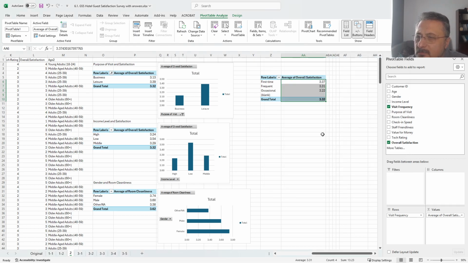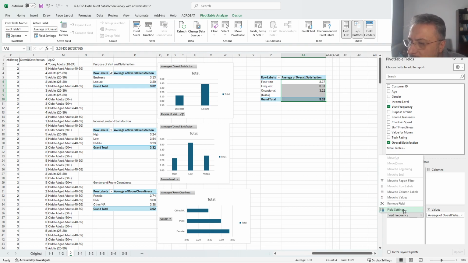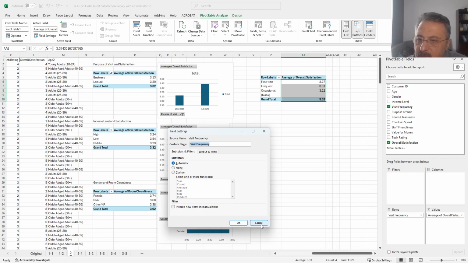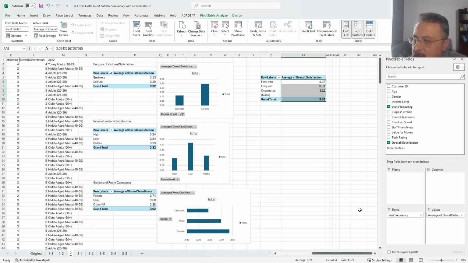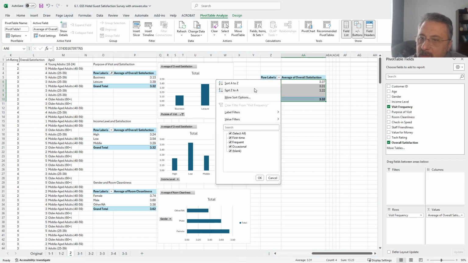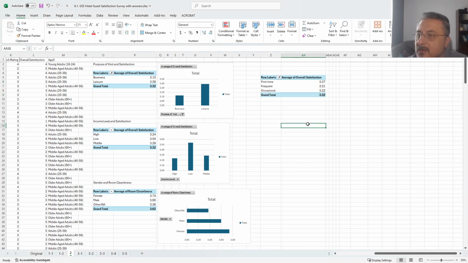Okay, now for some reason there is a blank here. I don't know why. I don't remember checking that, but it is possible some people did not answer that. But what we can do is, if you come here, there is a kind of filtering system, right? So we can eliminate the blank. So we have occasional, frequent, and first time. We can see what kind of differences we have. These are pretty similar, but it seems the first timers are more satisfied compared to occasional, just to